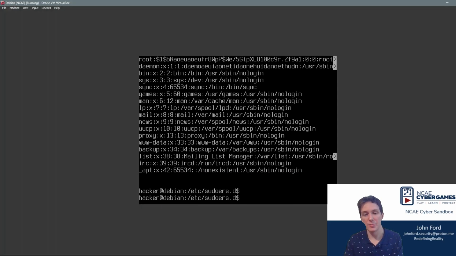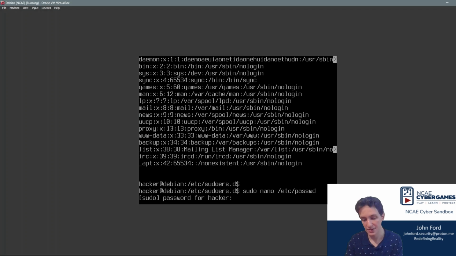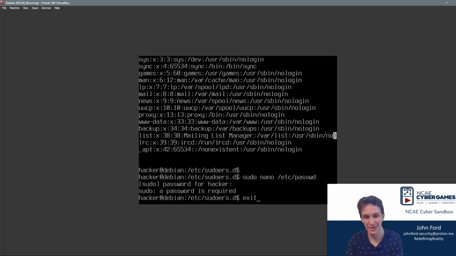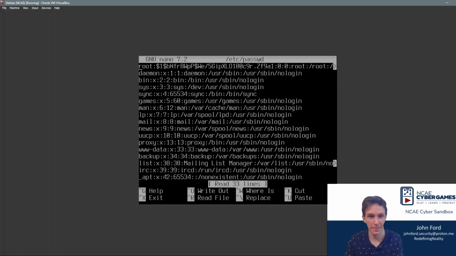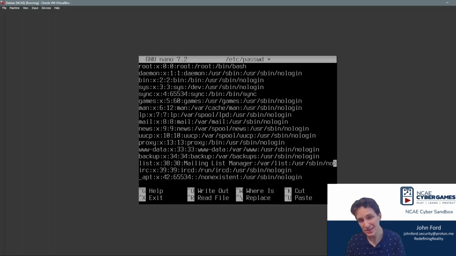The second thing I'm going to want to do as a defender is get rid of that password that the attacker put in there. So if I say sudo nano /etc/passwd, sorry, I have to do this as a user again. So I'm going to exit out of there, sudo nano /etc/passwd, go in there, remove this hashed password, and replace it with an X that tells it to go look in the /etc/shadow file for the actual password.